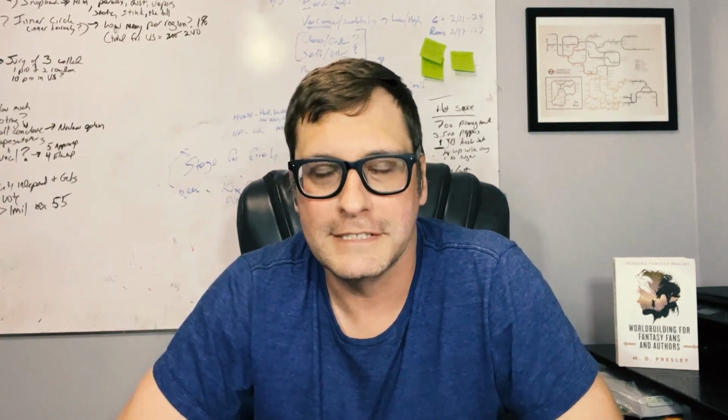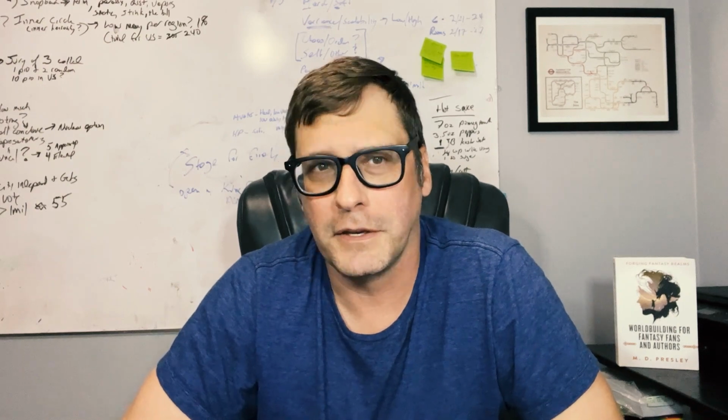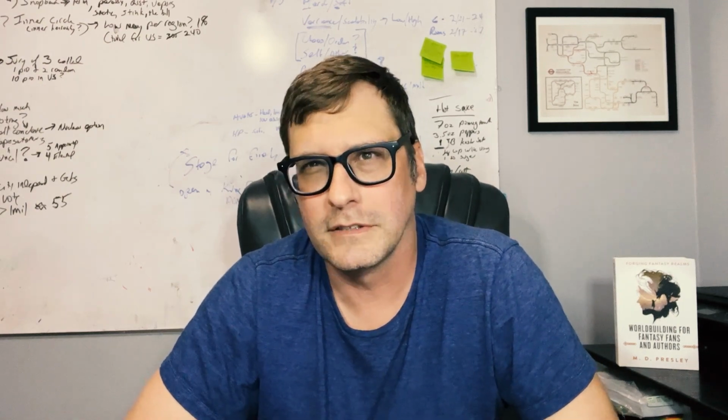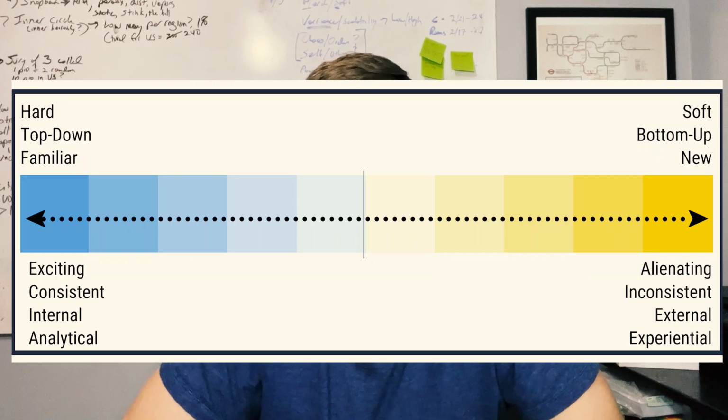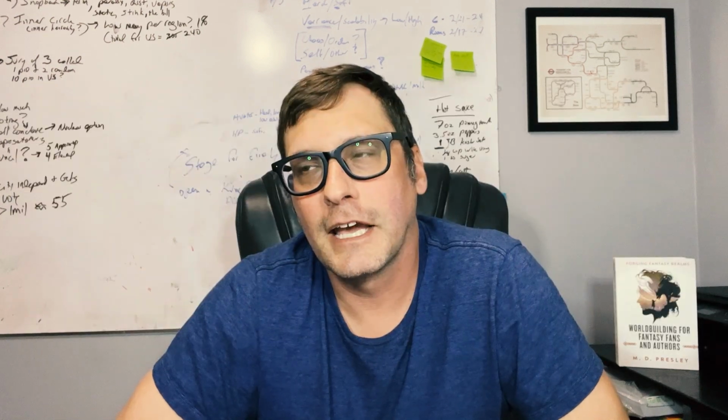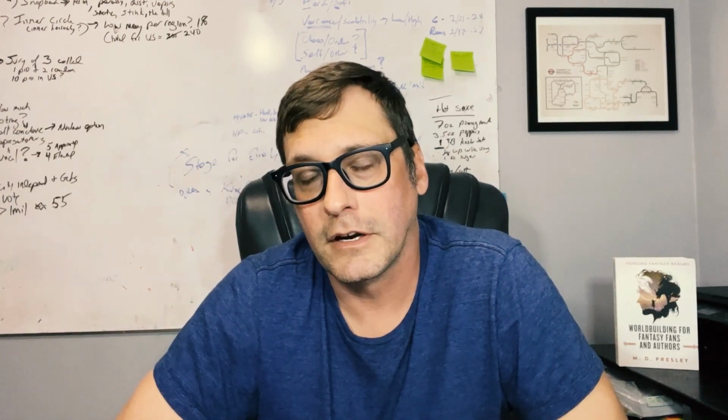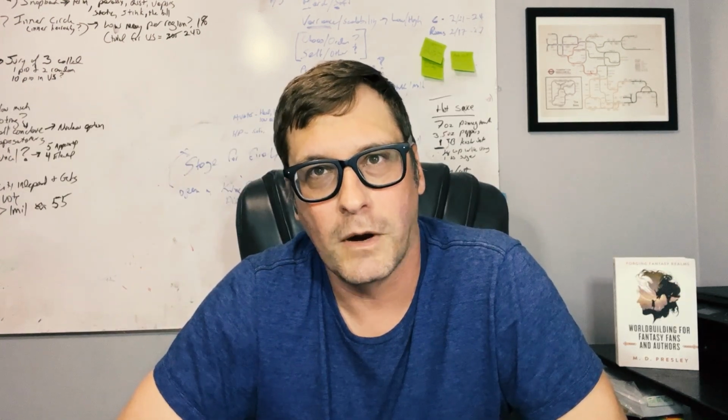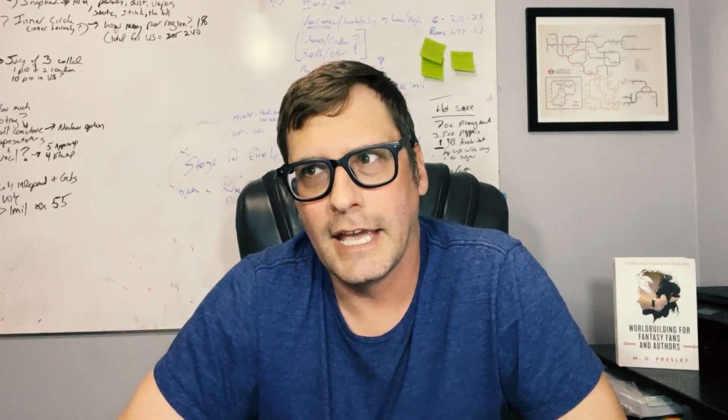So one of the things I deal with the most on this world building series is continuums, and nothing being really one extreme to the other, but lying somewhere between two extremes: hard magic, soft magic, that kind of thing, pantser, planner, that kind of stuff. And today we're going to look at what should be a continuum, Grimdark, the grimmest and darkest, to YA, more kid-like stuff, and actually look at how they're pretty much the same thing.